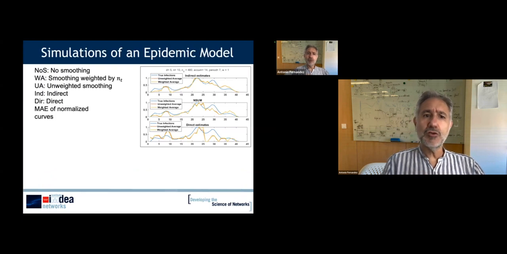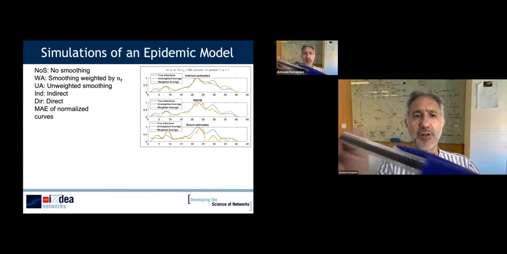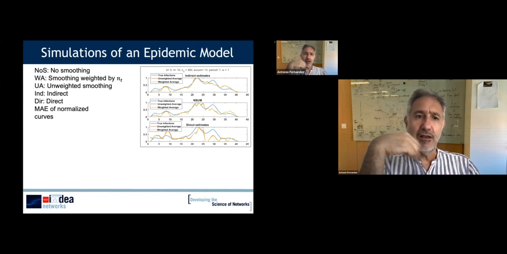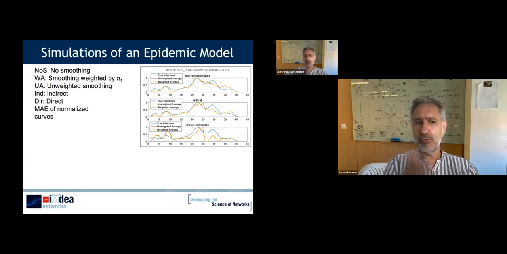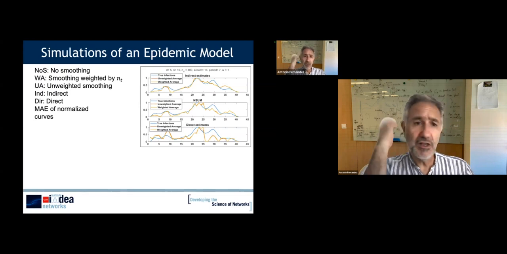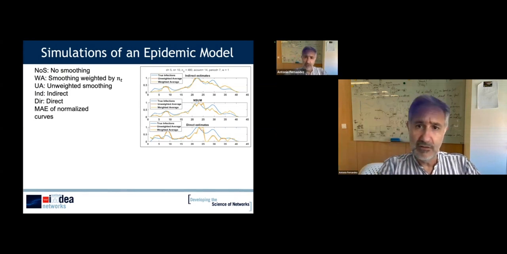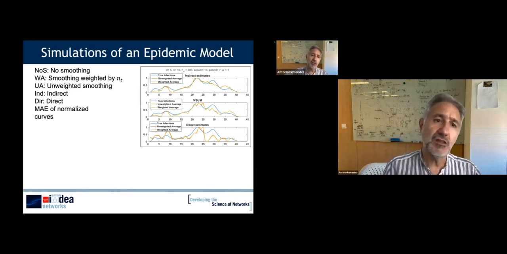So when we go to real data, we have been looking at 3 ways of computing. One is not applying smoothing; another is applying smoothing in which we take into account how many samples we take every day; and the third is an average in which we just take an average of 2W+1 days without looking at how many samples there are. And then we have several options. One is what we compute with indirect surveys, and what we compute with direct surveys. And the quality of the result is computed using